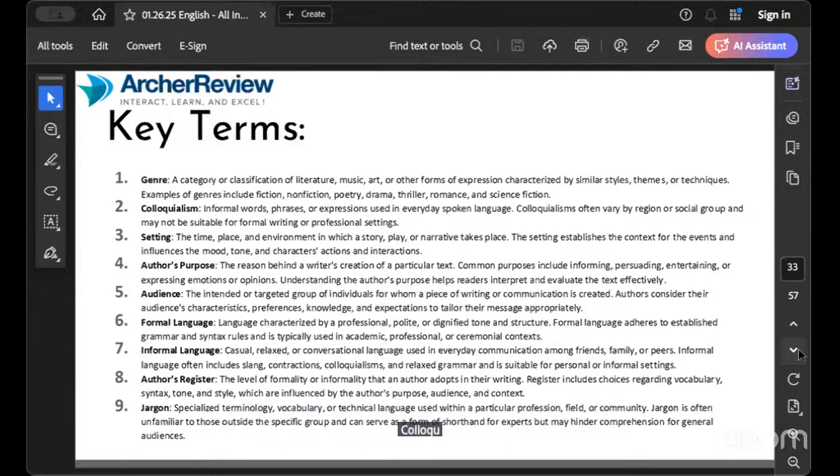Colloquialism. This is a big one that you want to make sure that you pay attention to for a couple different reasons. There's a couple different types of questions that this can be applied to. Colloquialism is informal words, phrases. This is that everyday language I mentioned a while back, actually. So these can change based off of different regions. As I mentioned earlier, I have a deep Southern accent. My dean at my college gets a hoot and a holler out of it when I say, "Oh, that just burns my biscuits." That's a phrase that's very popular. Well, it's not too popular, I guess, but that's just how deep Southern I am.